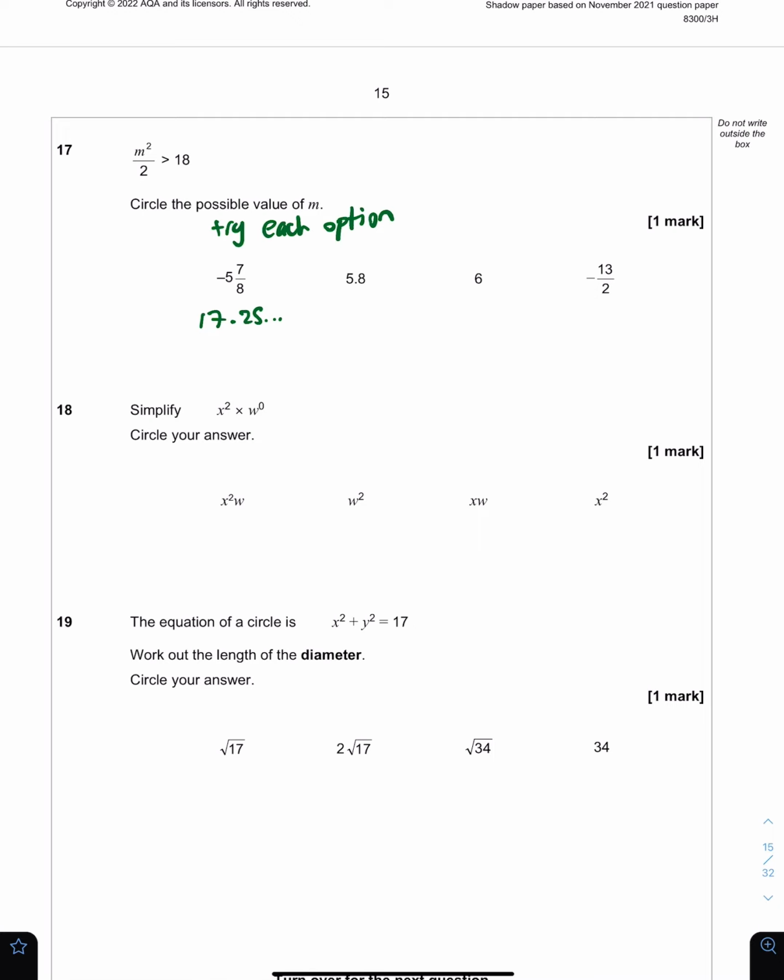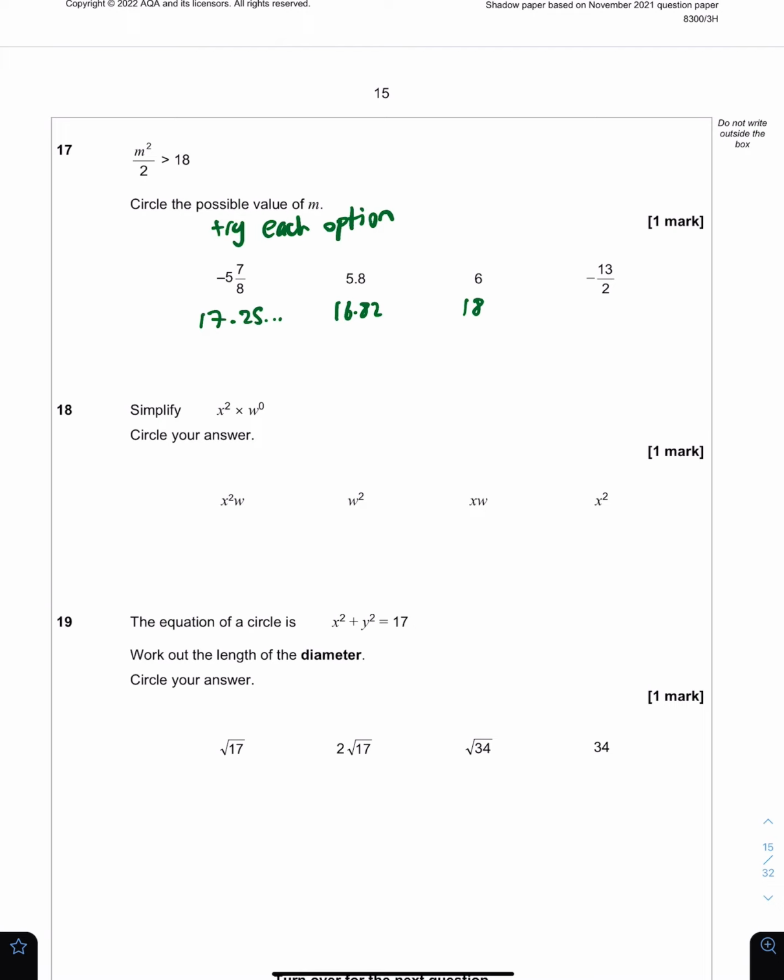Let's go for 5.8 squared over 2. That is 16.82, or that's not bigger, so that doesn't work. Next, we're going to try, by the way, I'm using the calculator for this. 6 squared over 2, well, that's just 18, so that doesn't work. So technically, by process of elimination, we know it's going to be this last one, but let's just type it